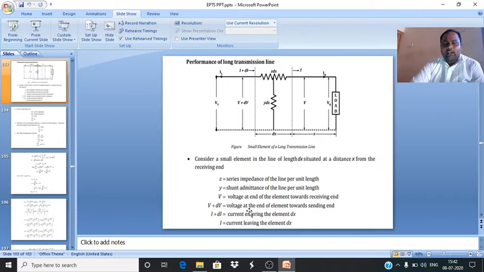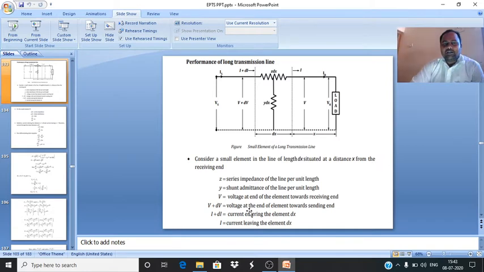Normally the parameters are lumped in case of short transmission line and medium transmission line. But in case of long transmission line, this is assumed to be distributed parameters. So what is the meaning of distributed parameters? The distributed parameters means every point the voltage and current changes continuously. Every parameter changes point to point. Rigorous method, every point should be considered carefully and thoroughly.